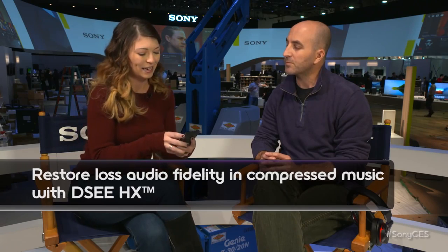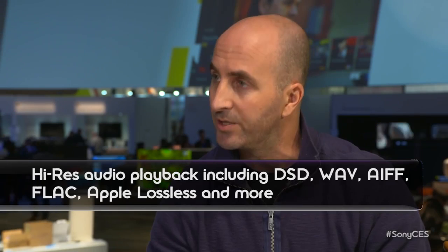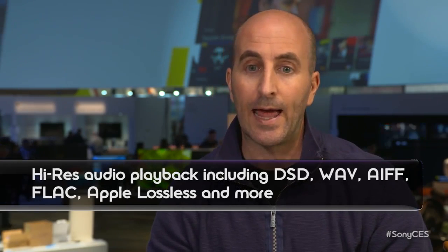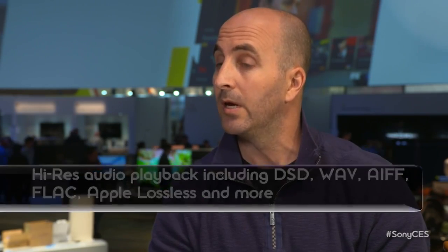Ooh, I like that. Now, tell me a little bit about the different kinds of formats that this thing can play. I know it can do tons, but the main ones. Pretty much any kind of format that you throw at it, it will support. It supports MP3, as we talked about. It supports FLAC up to 192 kHz/24-bit. And also it supports DSD, which is a big improvement over the previous Walkman that was limited and didn't support